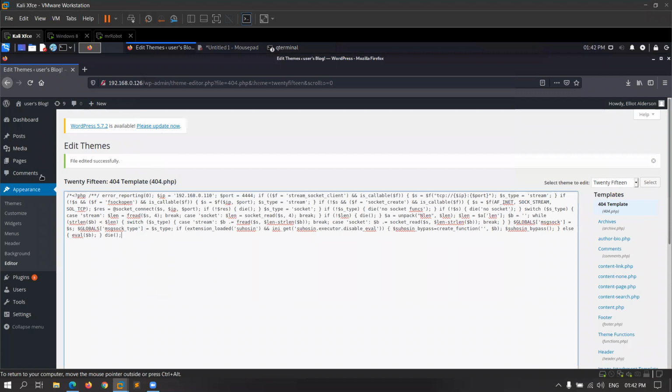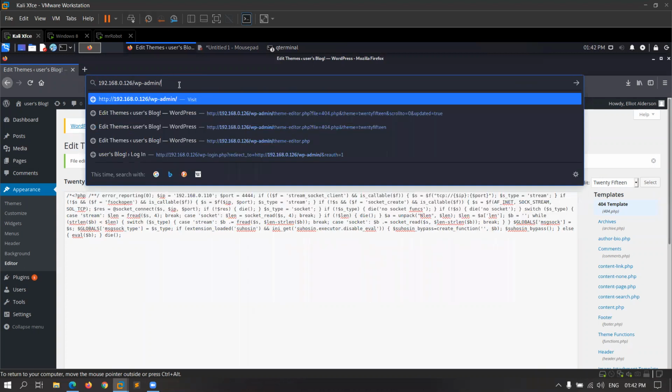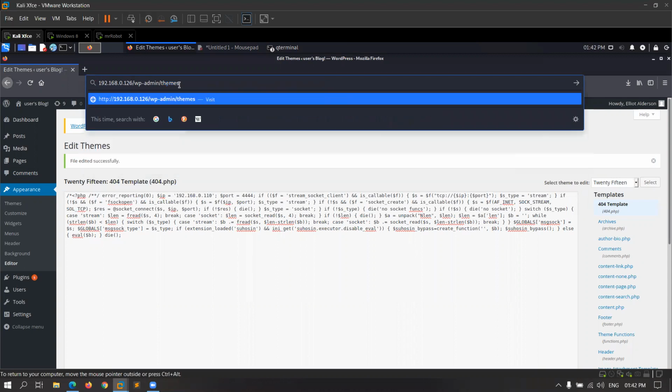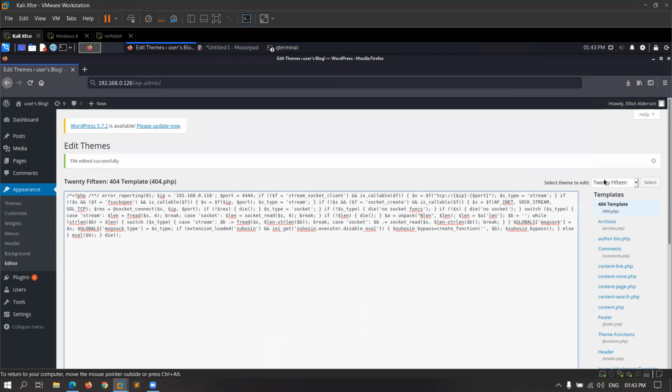So we have to give the path of the directory where we have uploaded our shell. We have created our payload under the 2015 template.